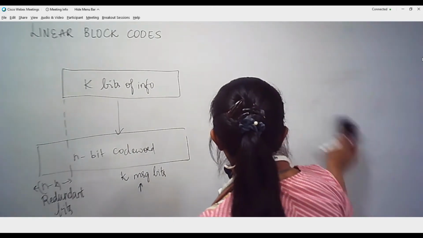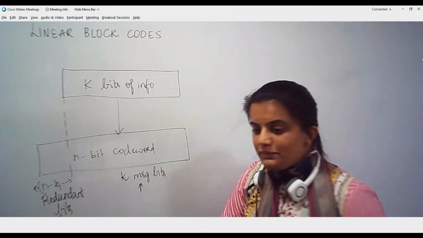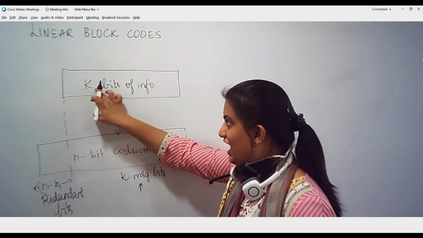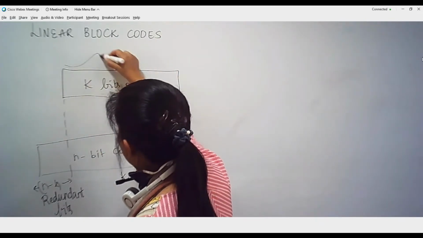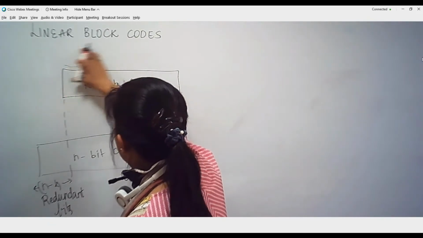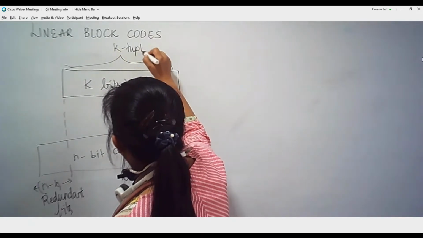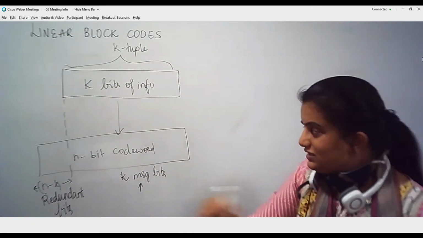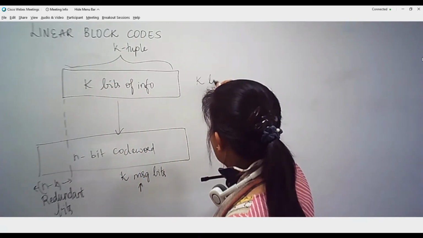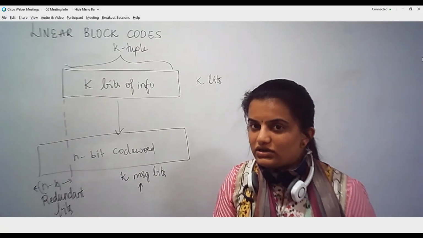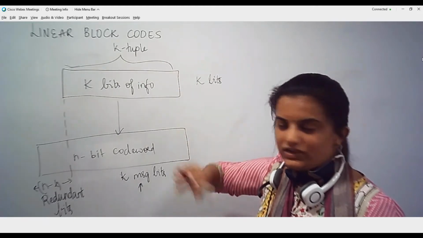Okay. Now we will come to this. Why I introduced this Galois field is, whenever I am constructing these k bits, this k bits is also called a k tuple. We call this a k tuple. Okay, what is this k tuple? This is the combination of zeros and ones. This is the k number of bits obtained by combinations of zeros and ones which are derived from the Galois field G of 2.